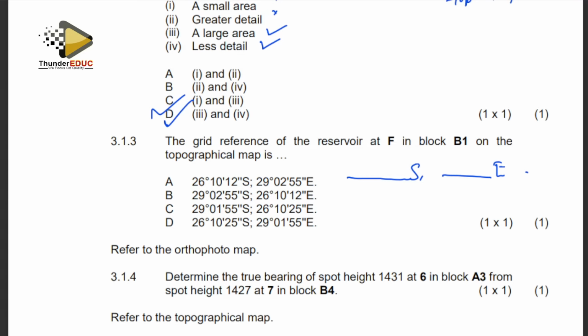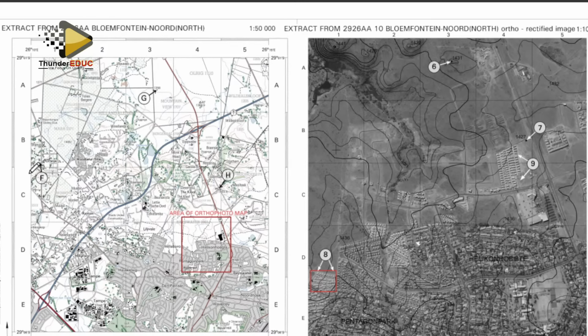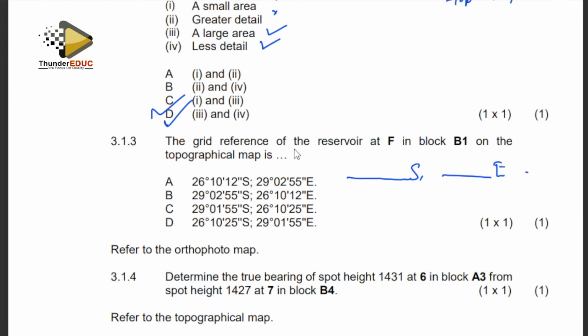So let us go to F. Where is F? F is here. Okay, the latitude here is 29. So the latitude should be 29. The longitude should be 26. We are coming here first to the options given. The latitude should be 29. So that means the only numbers that start with the 29 and S are these two. So this one is out and this one is out because we start with a latitude that, according to the map, starts with